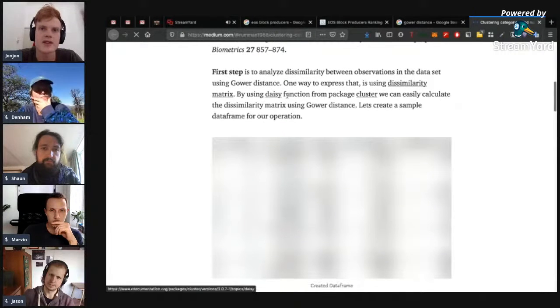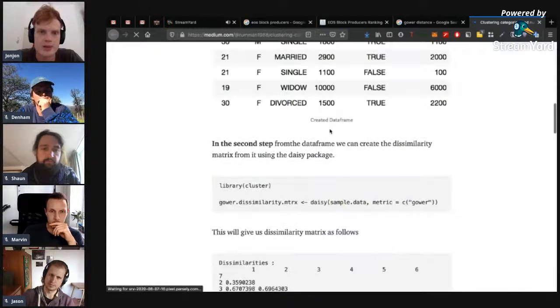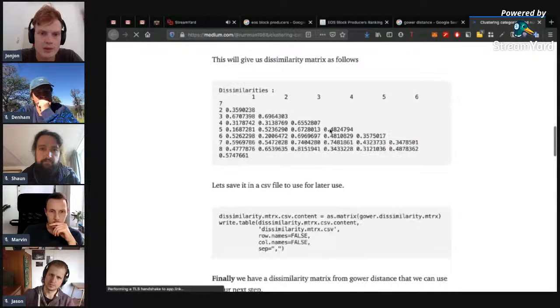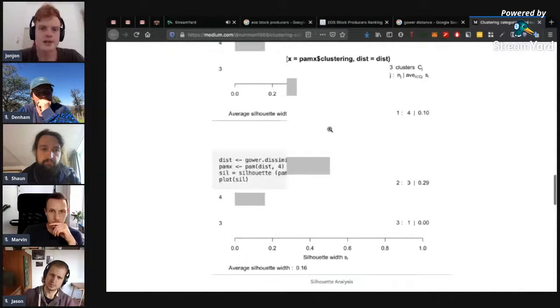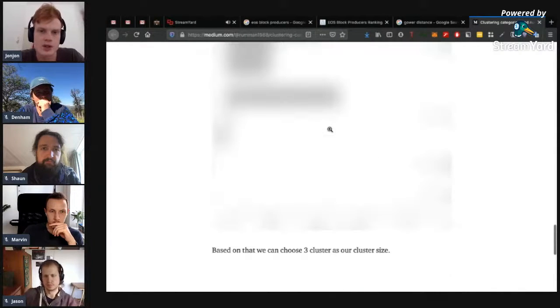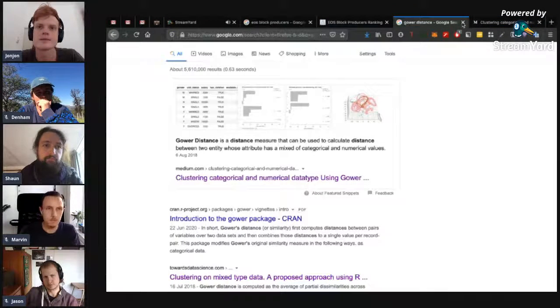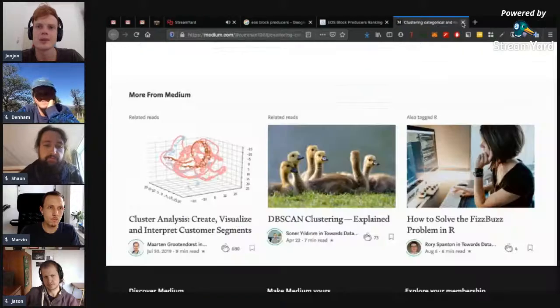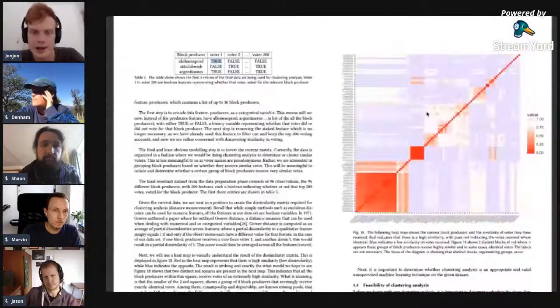Yeah, so this DAISY function, that's literally what I used to do it. But I want to see the formula they've used for Gower distance. Okay, all I know is it's Gower distance. Sean, why don't you quickly Google Gower distance and see if that's how it does it? You're probably right. My computer can't do too many things at the moment.